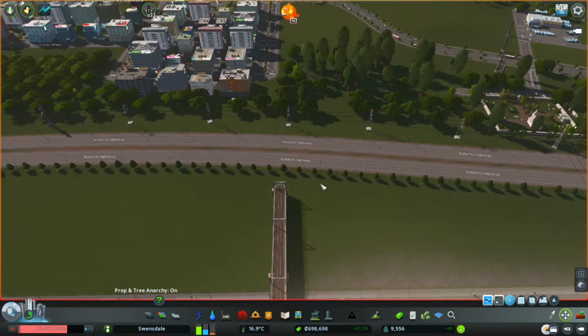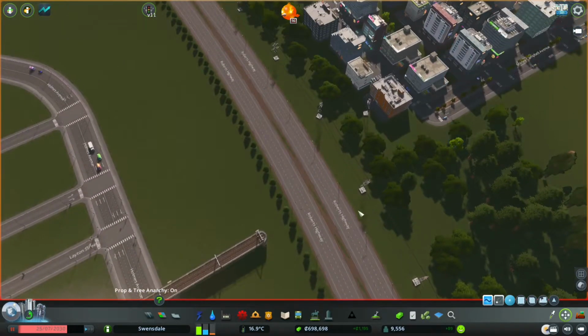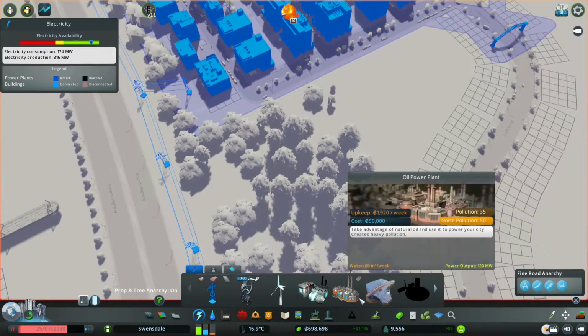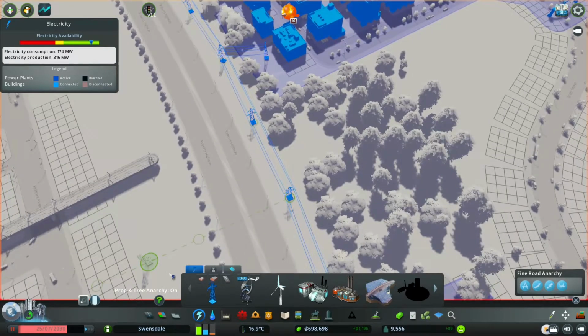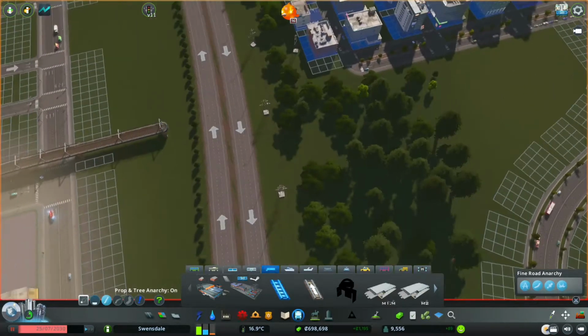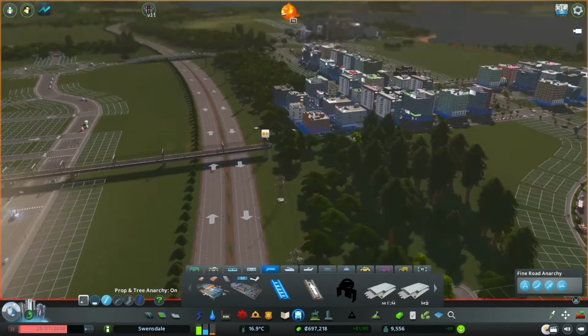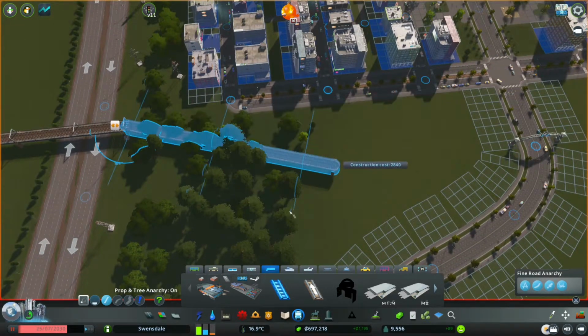So I'm going to break this power transmission here. I think how am I going to do this? Oh well, I'll break it and then fix it. That's probably the way to do it. Right, back into that. Bring it across. And that. And now I need to pop in...